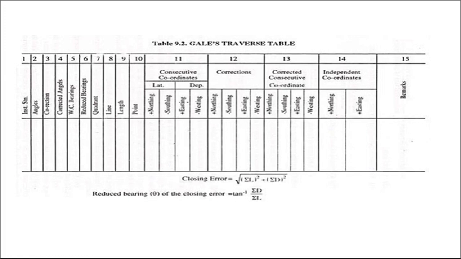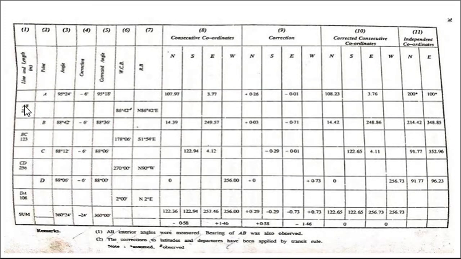Then the next one, the numerical, is given in this table. So line AB, its length, then BC, CD, DE and EA, and here the points are written A, B, C, D. Then angles are written over here. The correction for angle is calculated as per the summation over here. Then corrected angles are calculated by applying the correction, and these angles are written like this. Then finally the whole circle bearings are given, they are written over here, and from the whole circle bearing, the reduced bearing along with quadrants are written in this column.